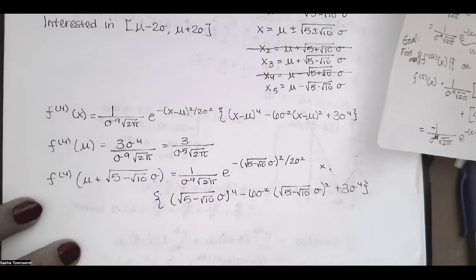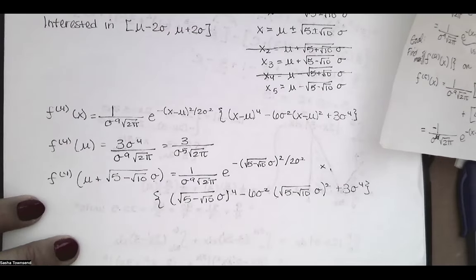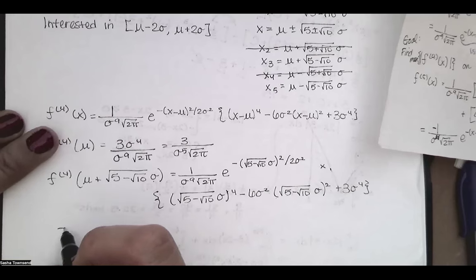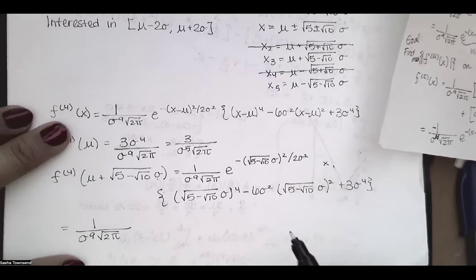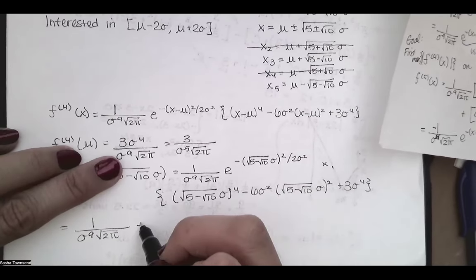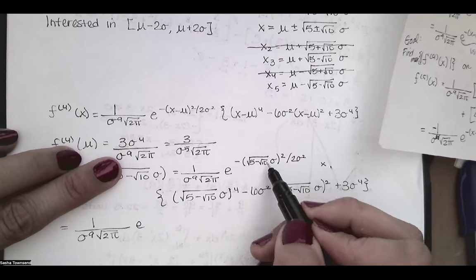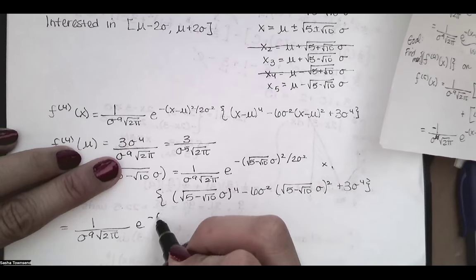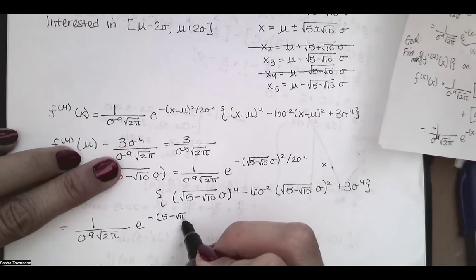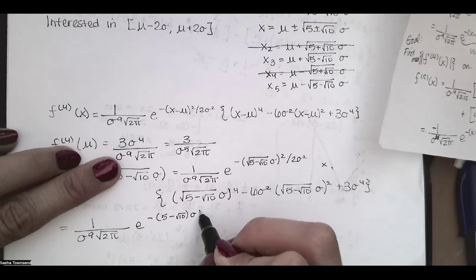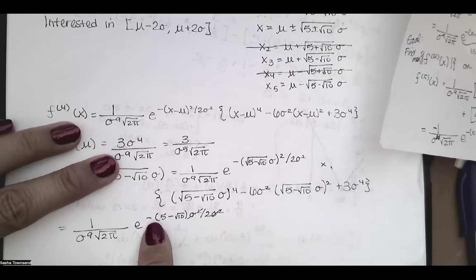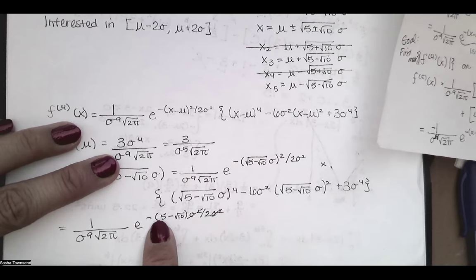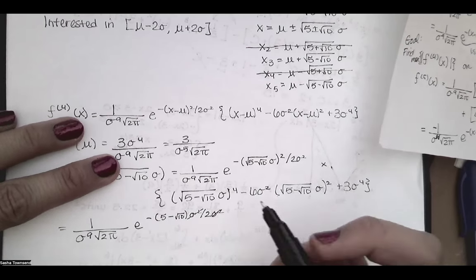And we just do a bunch of arithmetic, really. I guess it's algebra. Feels more like arithmetic, doesn't it? It's just computation. When I square this, I end up with a 5 minus the square root of 10 times sigma squared, all divided by 2 times sigma squared. The sigma squareds reduce, and you just end up with that square root of 10 minus 5 in the numerator. And then this,